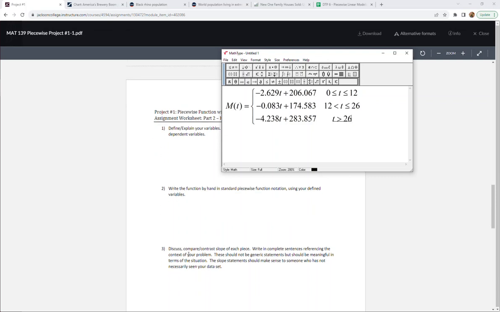So number 3, we discuss and compare and contrast the slopes of each piece. In my example, the slopes are all negative, so I can notice that all of them are decreasing. That's good in this situation. Since I'm talking about mortality rate, it's good to know that it's decreasing over time. And I can further say that